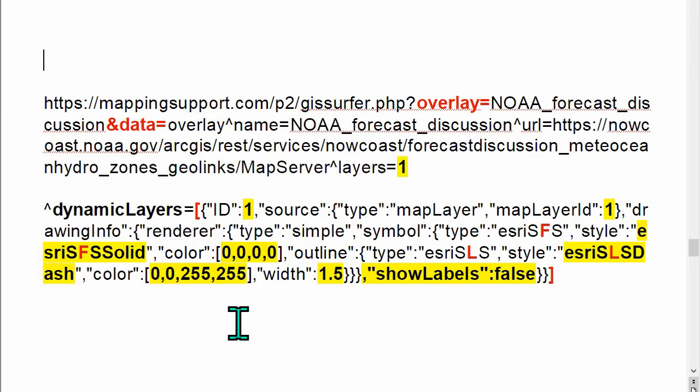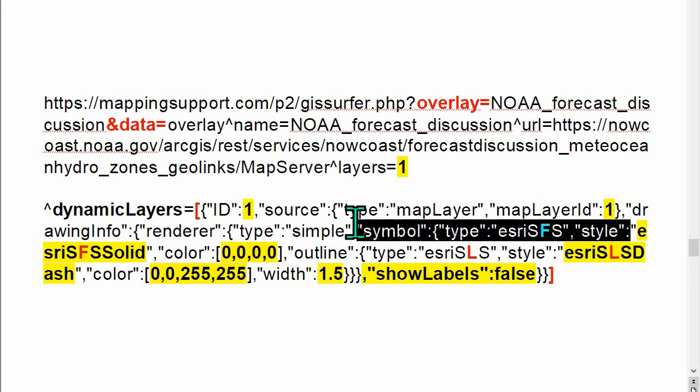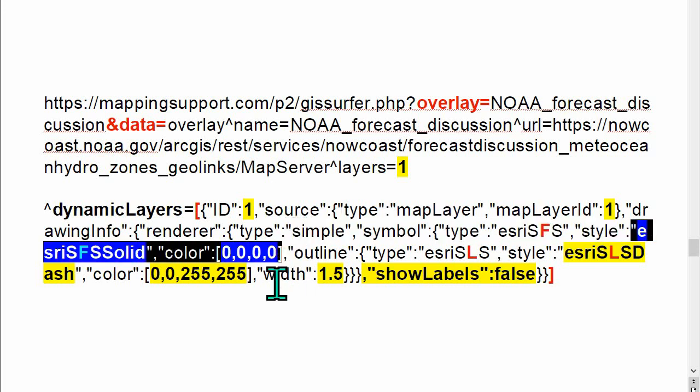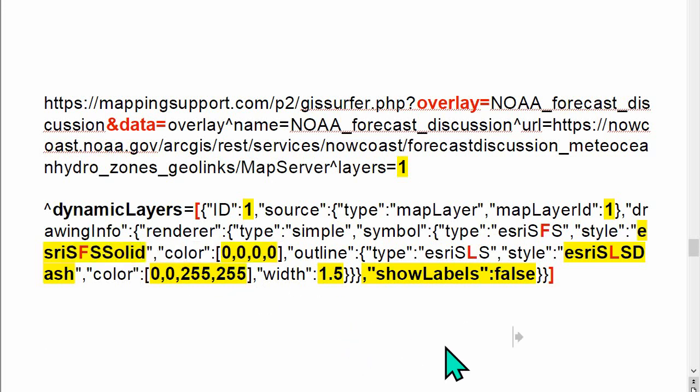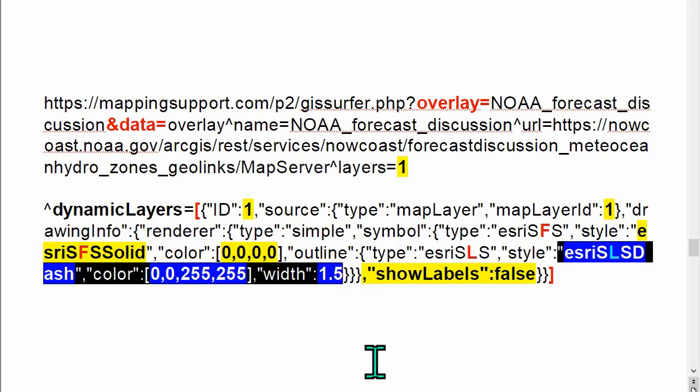Here's a map link where the first part just displays the map with the default style, and I'm going to add dynamic layers to restyle that. When you're working with polygon data, there's a bit more syntax because you have 2 things. You have fill and you have an outline. The part that pertains to the fill is that part right there where you have your keyword and a color. The part that pertains to the outline is that part right there where you have your style, your color,